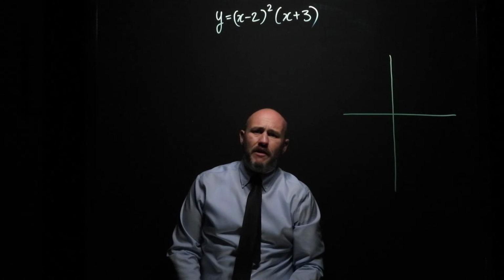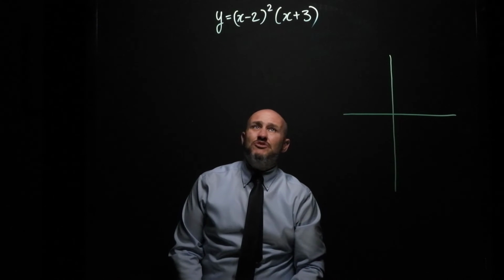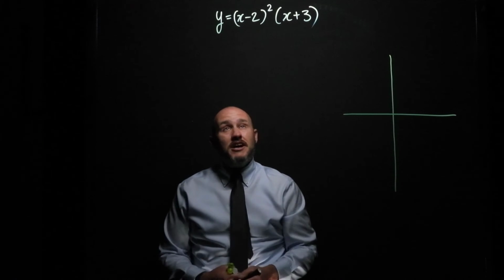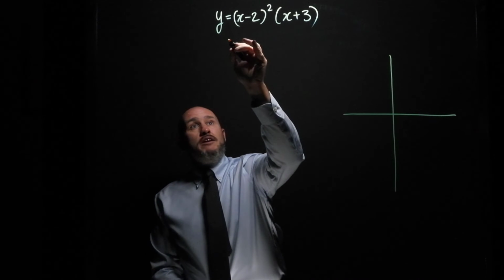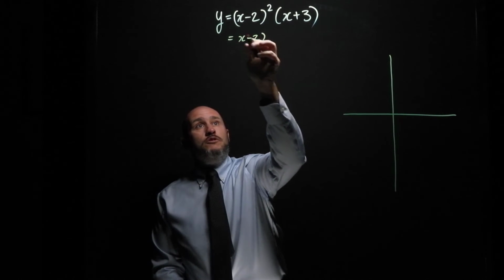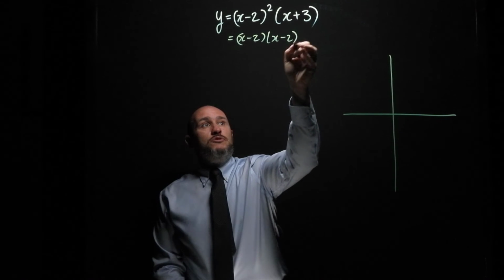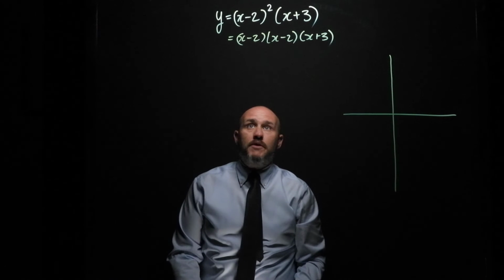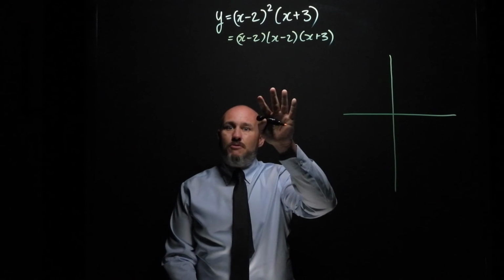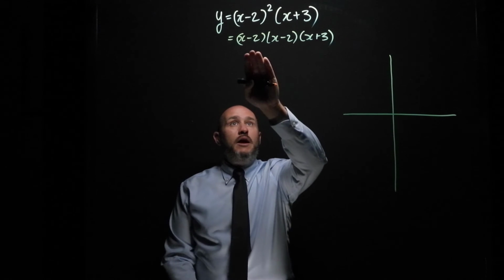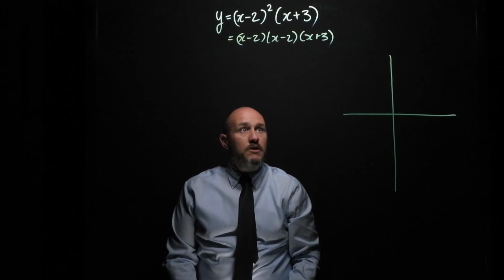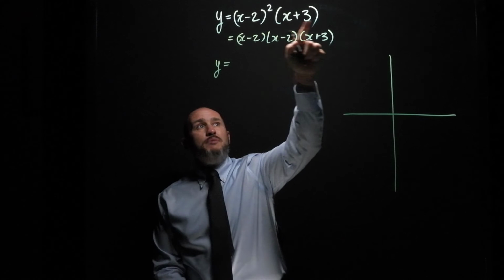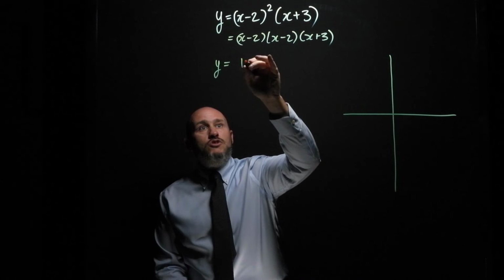Okay, so we've got another function up here, y equals x minus 2 squared times x plus 3. It is a cubic, it's just in this case we have a double root. So if I expand this out, I've got x minus 2, x minus 2, x plus 3. So we can see our 3 factors, we can see the cubic nature of this function. But we have a double root, so that's what we're dealing with. And the double root is x minus 2. So we actually have the y-intercept is going to be equal to, when I expand this out, my constant term will be 12,